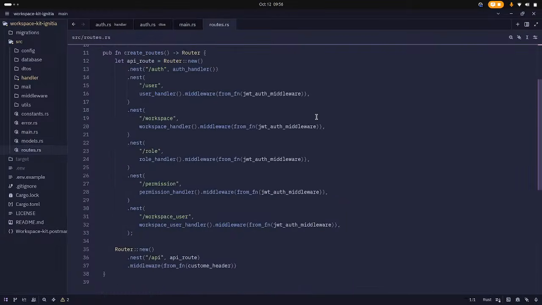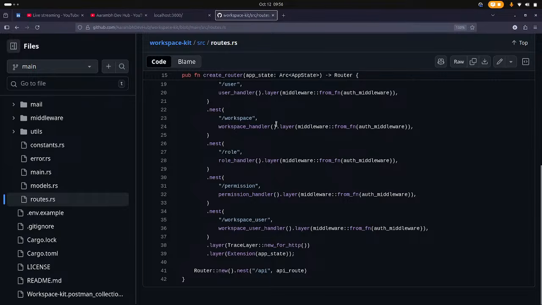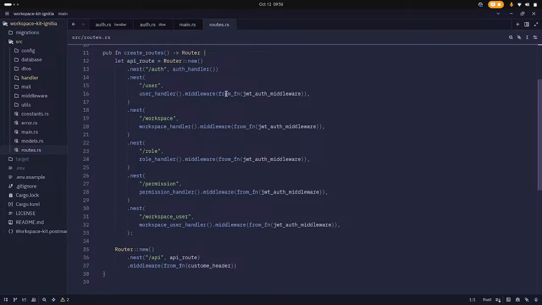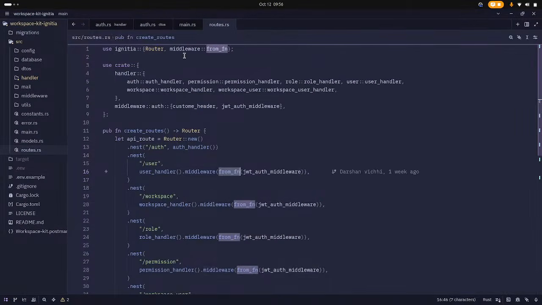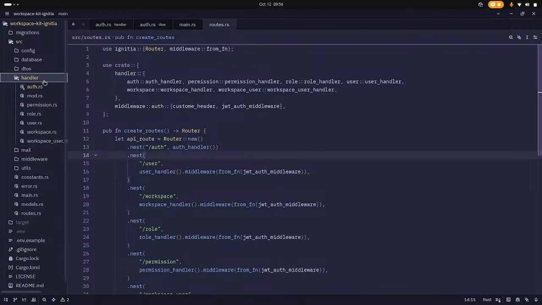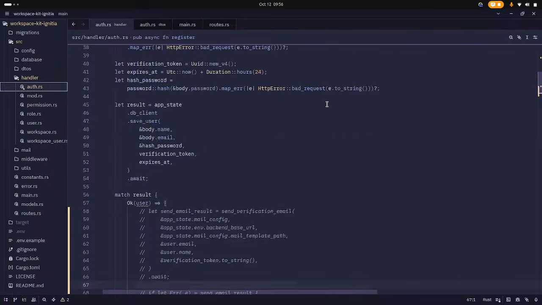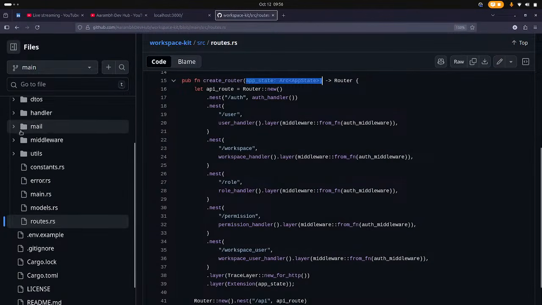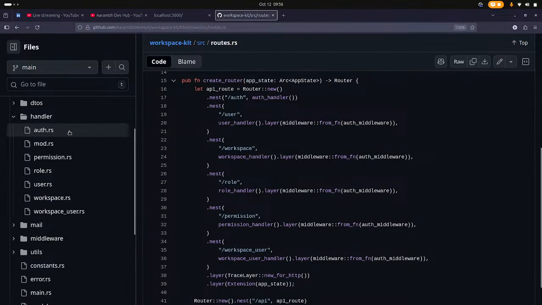And you can see the router. All routers are the same, like writing everything in the append function. It's also the same, like coming from the middleware. Same as the exam. In the handler, you can see the handler function is the same as the exam. I open the handler here,